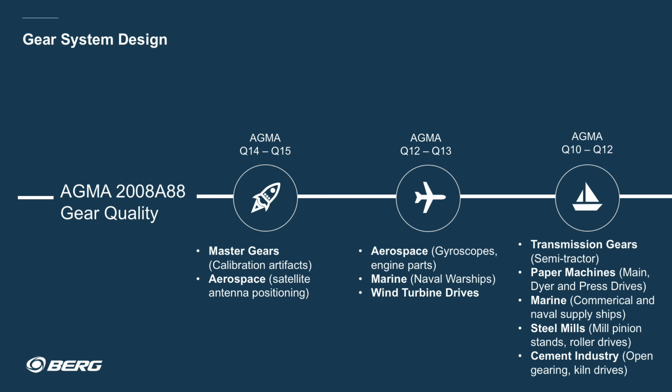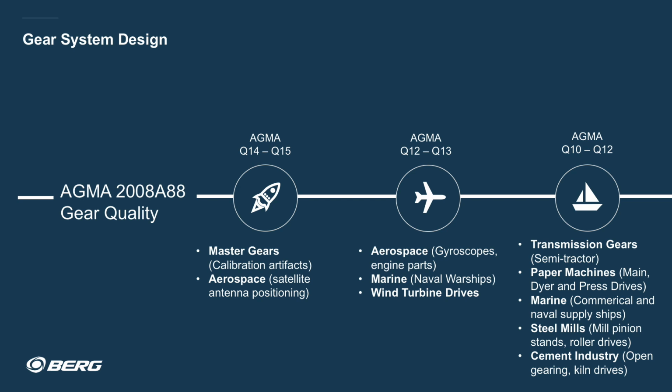One area where we often see confusion is in the use of the AGMA Gear Quality levels. Many times this gets overspecified, with the belief that a higher quality level will result in stronger gears or will eliminate backlash from a system. Care needs to be taken, as costs can rise almost exponentially as gear quality is increased. Q14 and higher gears are typically only used in very high precision applications or as calibration artifacts for gear testing. These gears are precisely ground to shape in very controlled environments and are some of the most expensive gears available